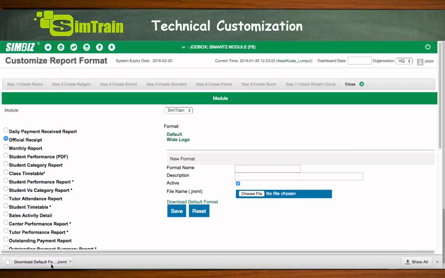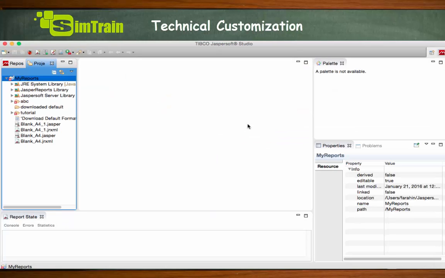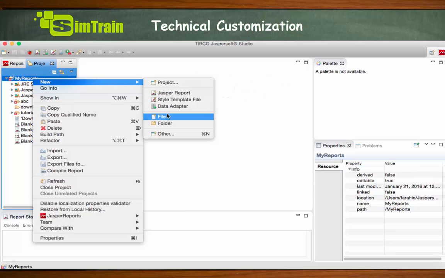So it's now downloaded into my laptop, and after that you're going to be needing a software called Jasper Studio. So the latest version is 6.2 at the moment. Okay, so this is how Jasper Studio software looks like. So first of all, you need to click on project and then go to my reports, and you right click, go to new and create a folder,